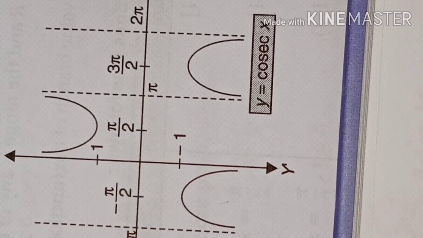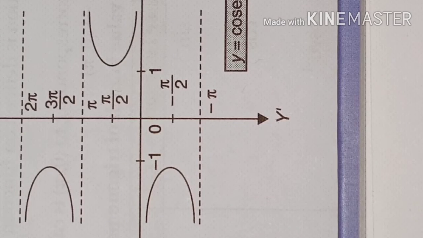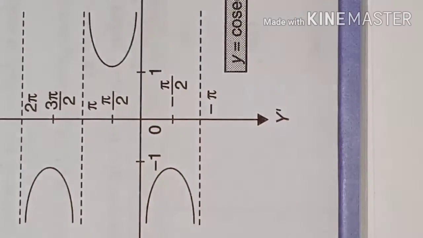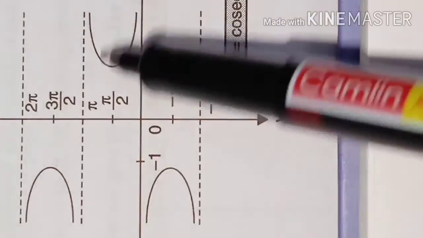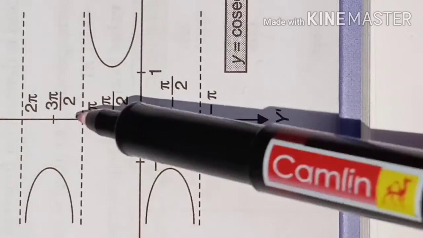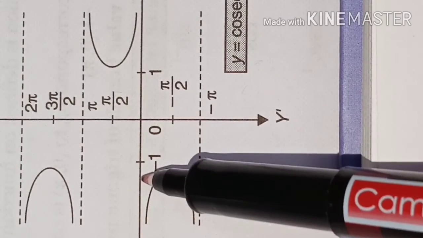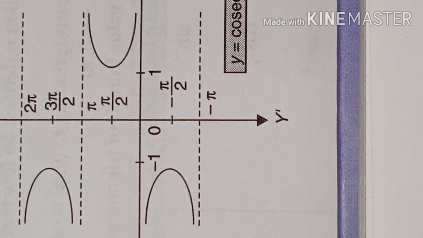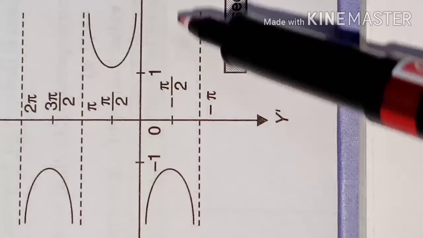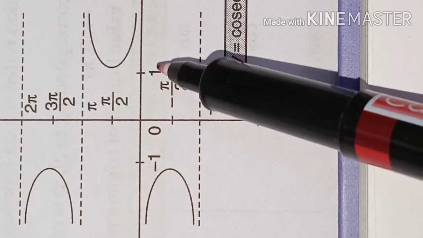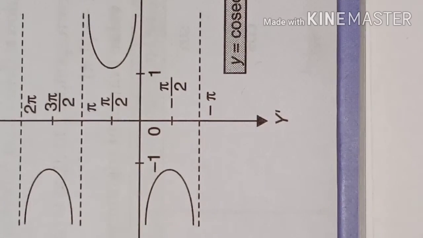Now look at the cosec inverse function. The cosec inverse function's graph is in horizontal form, meaning if you place the cosec function's graph horizontally, how it will look. The graph is beyond 1, not between 1 and -1. That's why the domain is the set of real numbers except the open interval -1 to +1. So that is the graph of the cosec inverse function.